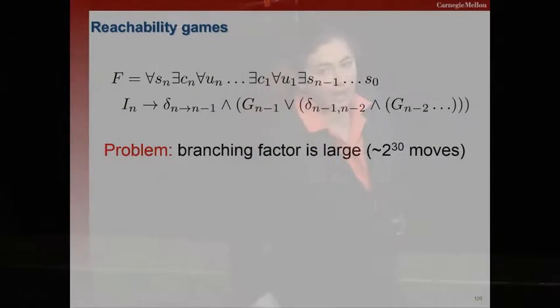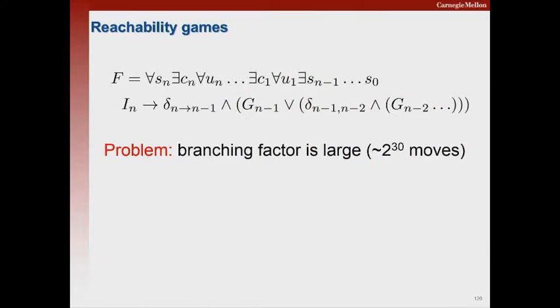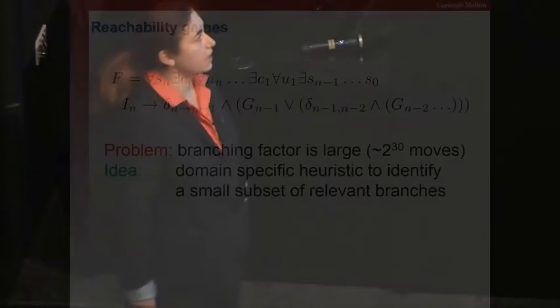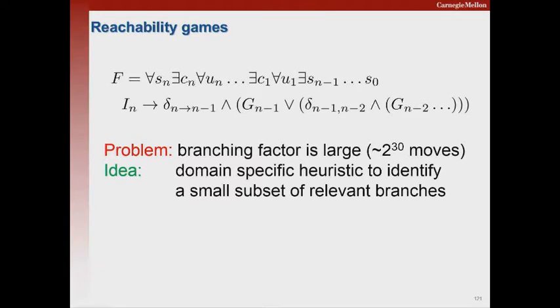Okay, so we looked at why QBF solvers don't scale. First of all, we have a huge branching factor. In each step, you can have this many possible moves for each player, which is just infeasible. You can't pick. So we have to do something about it, and we propose a domain-specific heuristic to identify